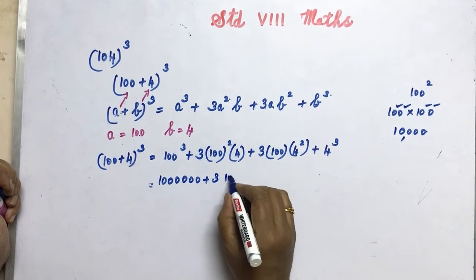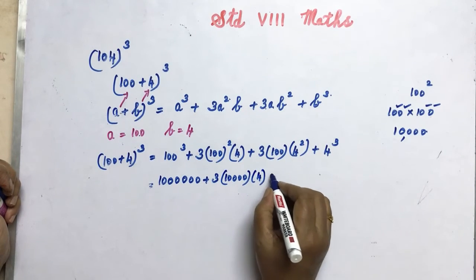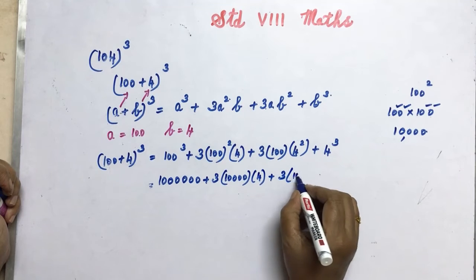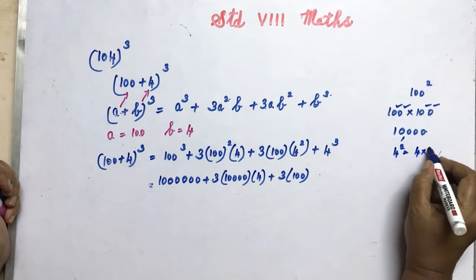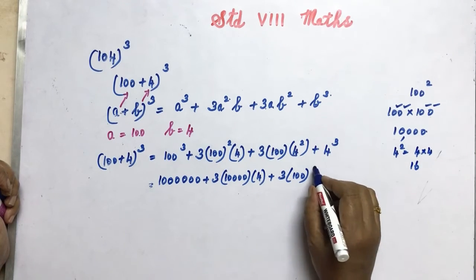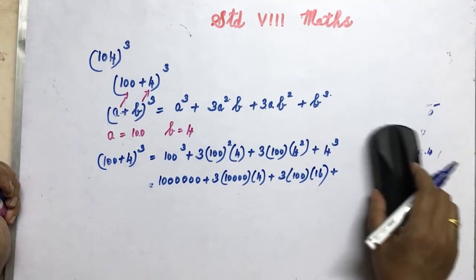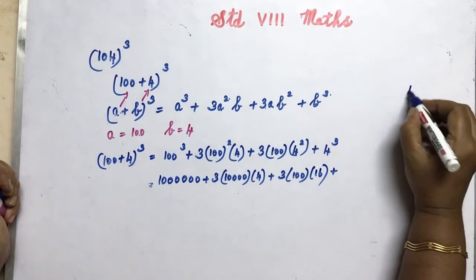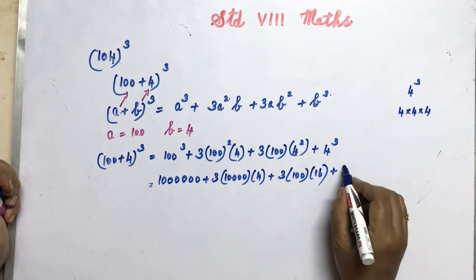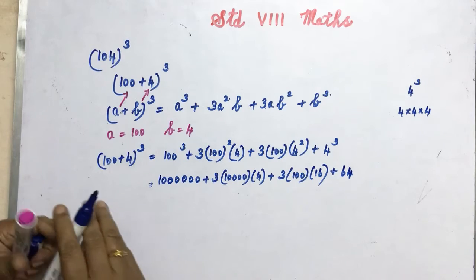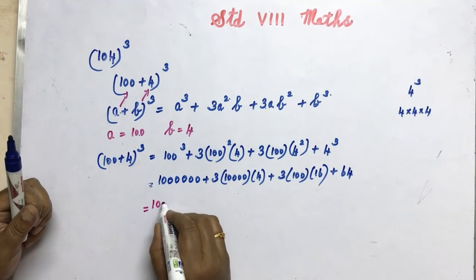So 3 into 10,000 into 4, plus 3 into 100, and now 4 squared is 4 into 4, that is 16. So here we will get 16. Next we should find out 4 cube. So 4 cube is 4 into 4 into 4, that is 64. Now we should multiply. Now this first value is 10 lakhs